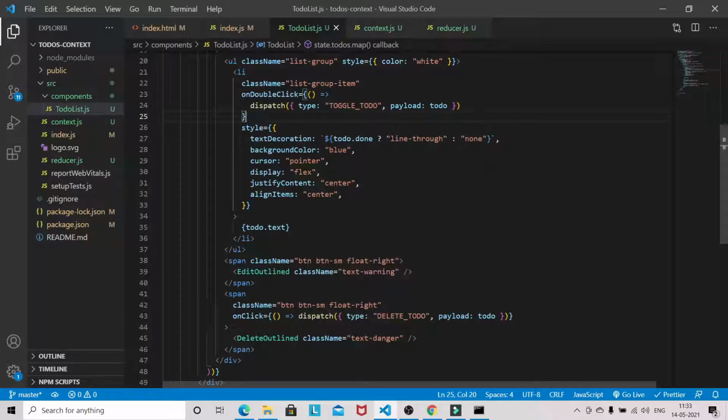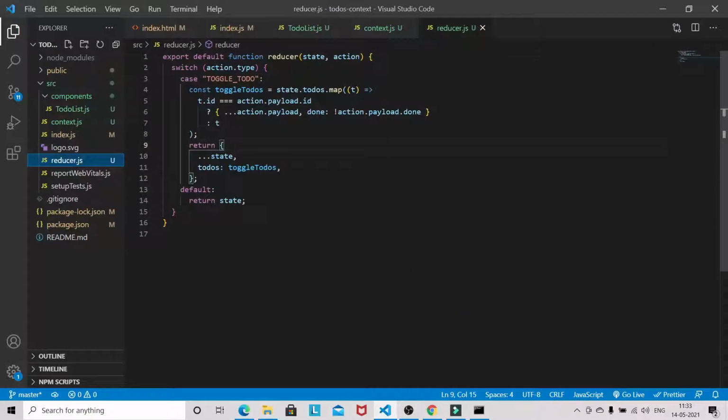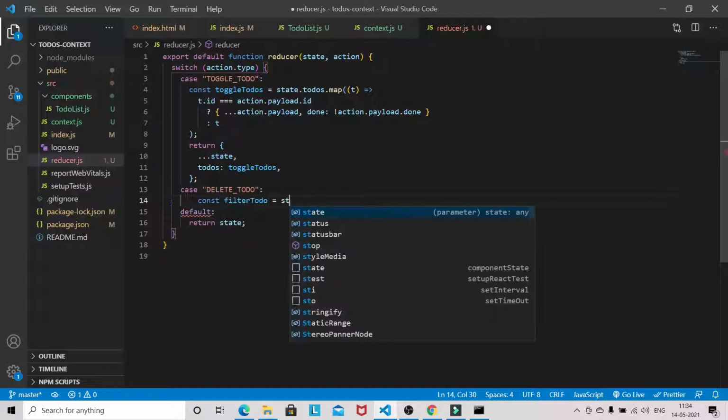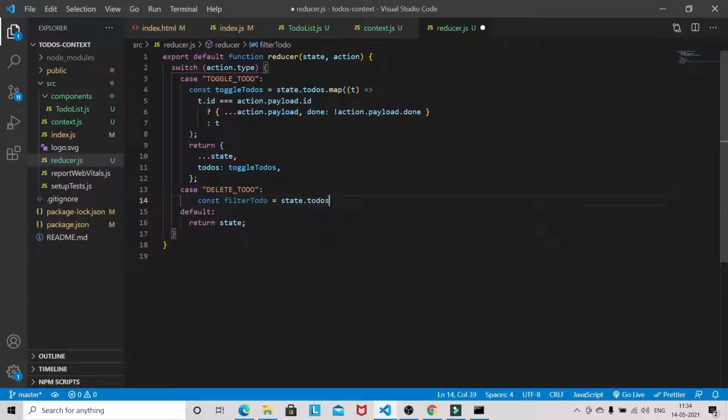Now come to the reducer, where we will be writing the logic. So after toggle to do, we will be having another case, delete to do. Now we basically need to filter out the to do. So state to do's filter.